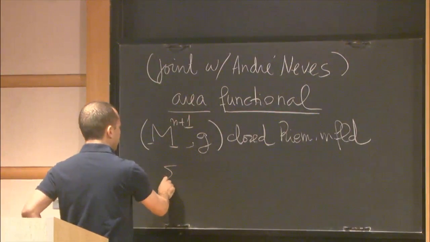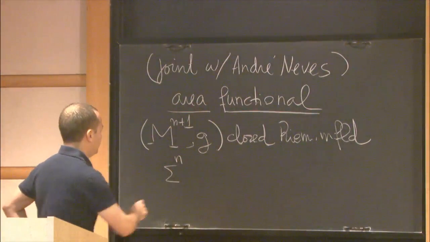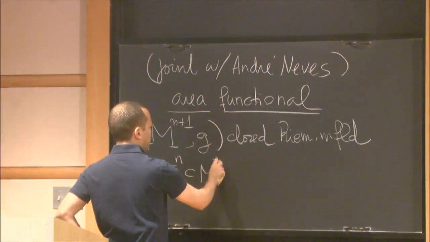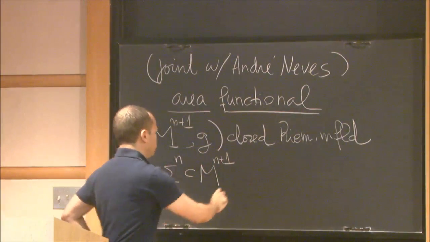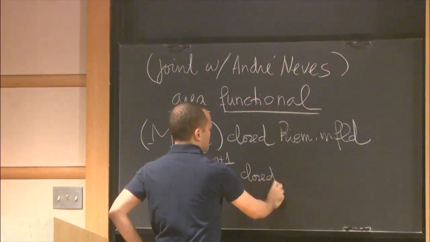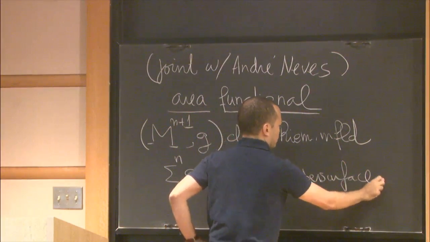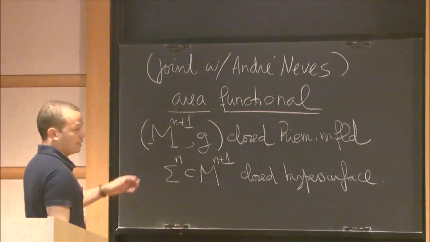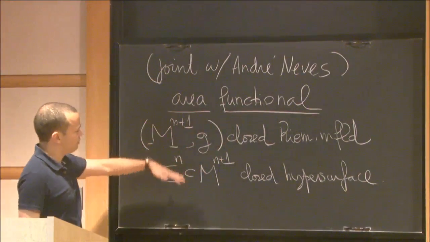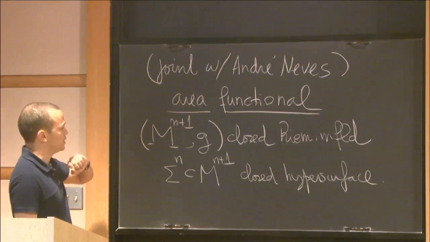So I will take Sigma of dimension n contained in M, and this is going to be a closed hypersurface. I would like to look at the area functional as a function defined on the space of closed hypersurfaces